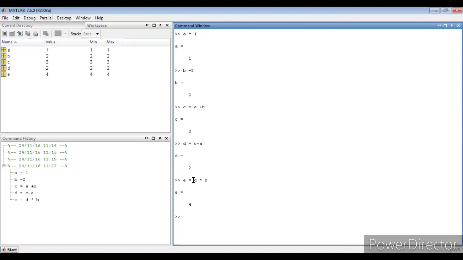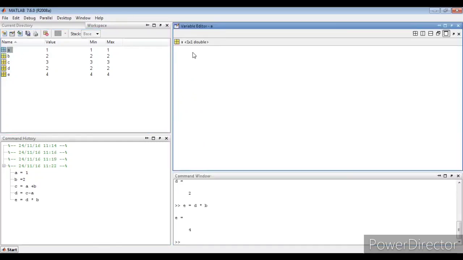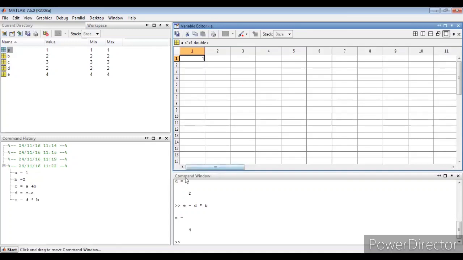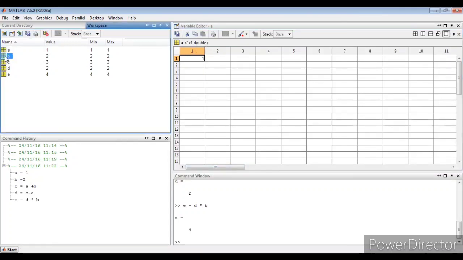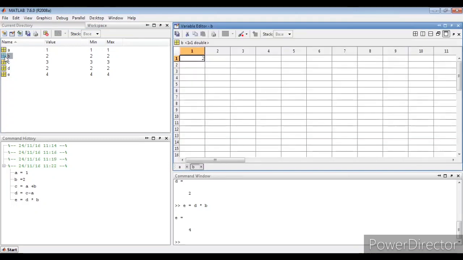Okay, next let us see how these particular operations are represented. Now you can observe that all the data are represented in matrix form. This is the current directory we have. All the data values show one value because I have given a as 1, so it is a 1 by 1 matrix. b also I have given 1, so it is a 1 by 1 matrix. c I have given as the simple addition, so we have got the addition value there. So this is the representation of the values we have entered in MATLAB.